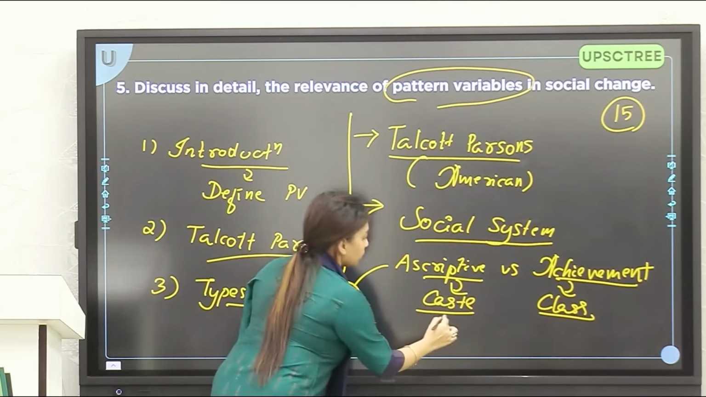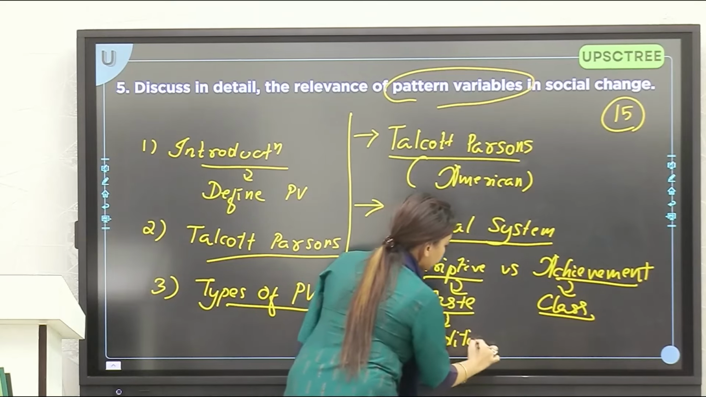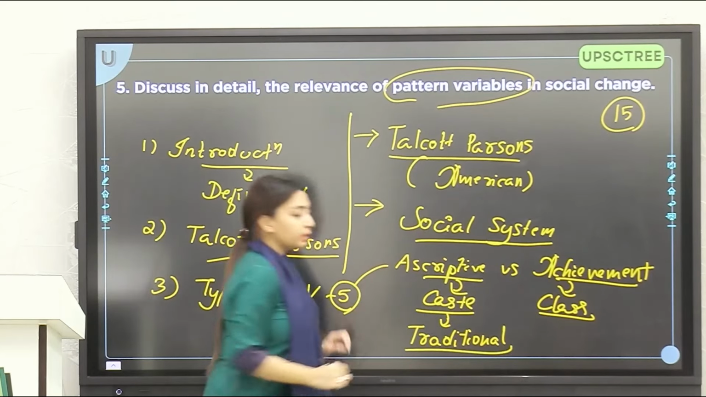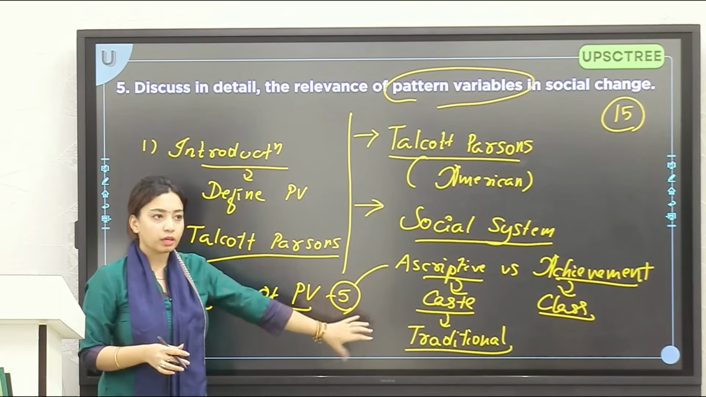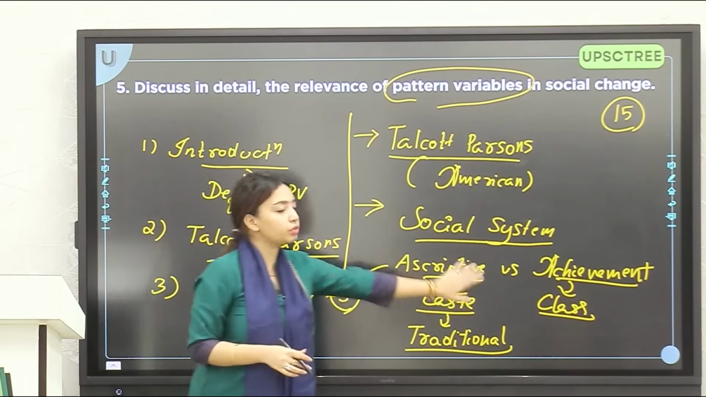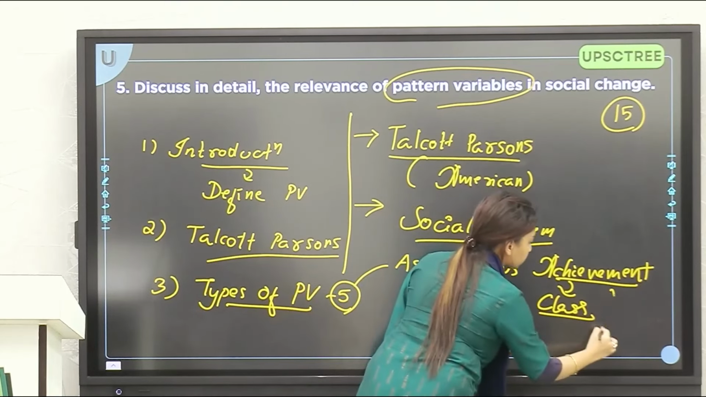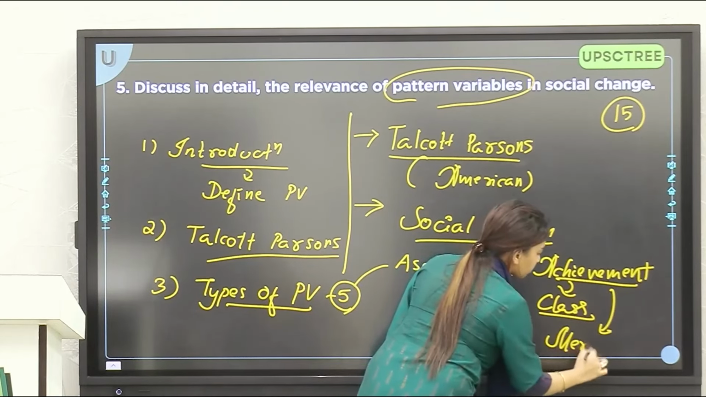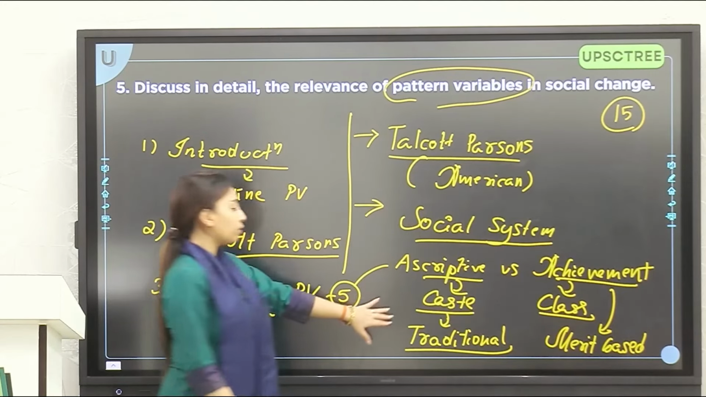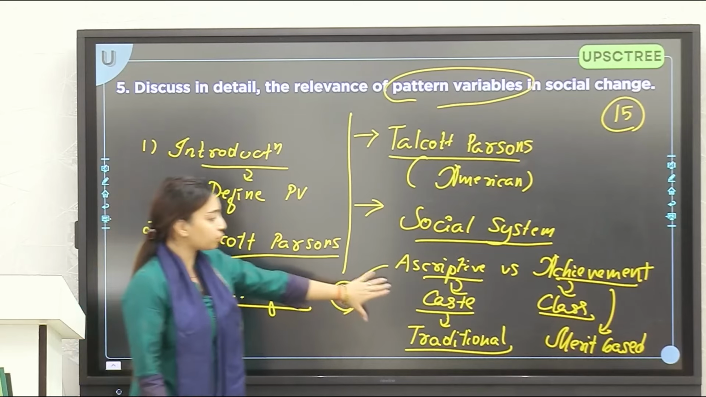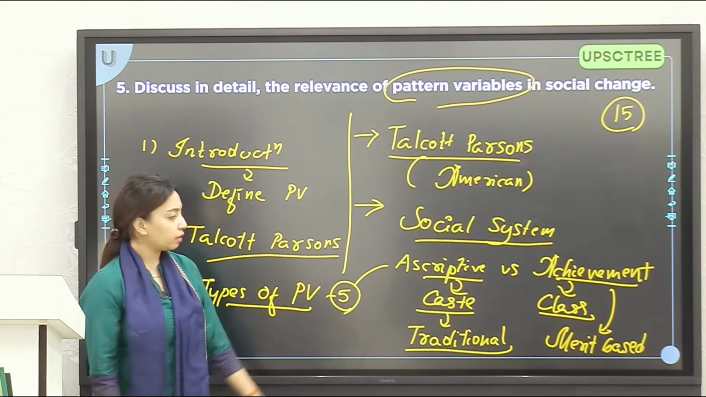So this is something which is related to traditional society, right? Caste is ascriptive. That means something which is assigned to you at the time of birth itself, right? You cannot change it, though you can change your class, right? So this is merit based. This is one of the pattern variables. Either you have to choose your traditional values versus your modern values, right? Then next one is